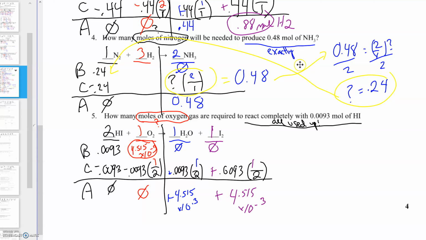So follow my algebra over here. 0.48 is equal to 2/1 times question mark. I just took this over here. I isolated and solved by dividing by 2. That means question mark is 0.24. So I started with 0.24 moles of nitrogen, used it all up, there's none left. Let's see if that math works out. Here's our double check. If we plug in 0.24